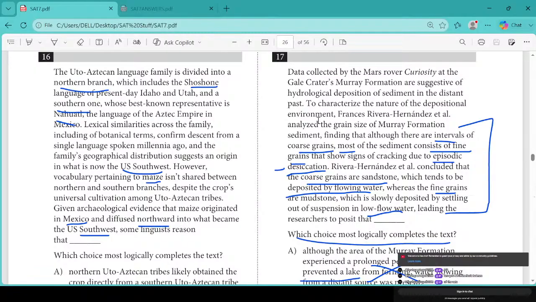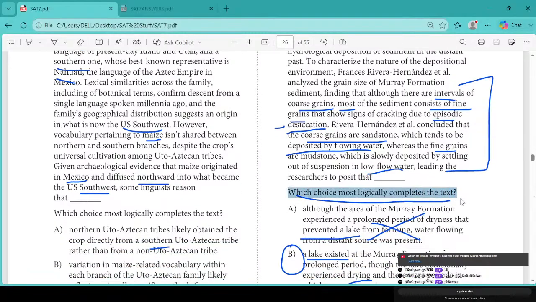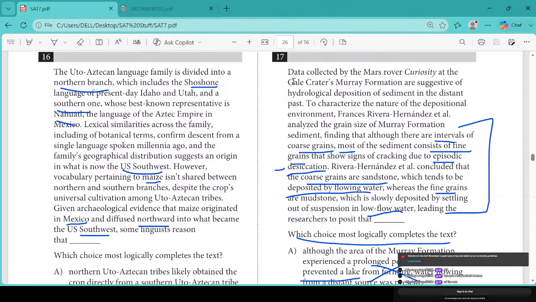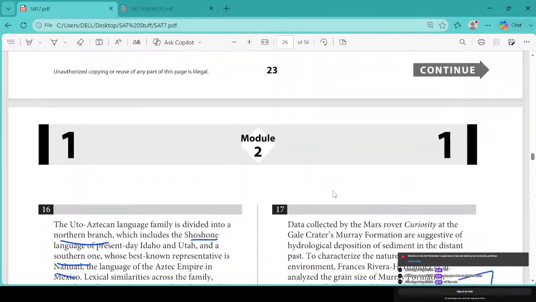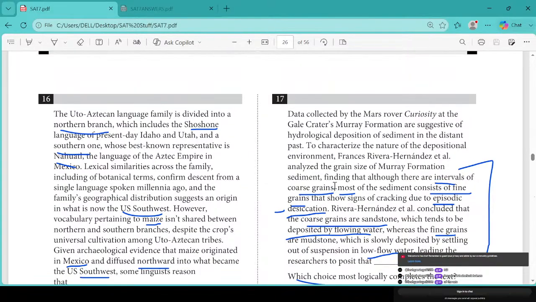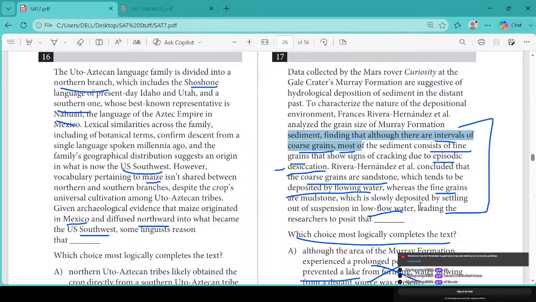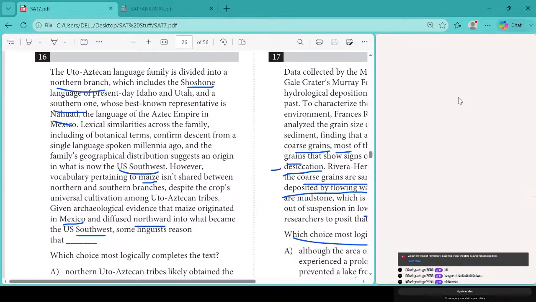So question 17 here, which choice most logically completes the text? This is actually testing you whether you can read this entire paragraph and understand what it's talking about, right? It's not testing you on a lot, it's just testing your reading comprehension. So if you have good reading comprehension, you'll be able to answer this question. So the main evidence we can salvage from this mess here is that there are intervals of coarse grains, but then,